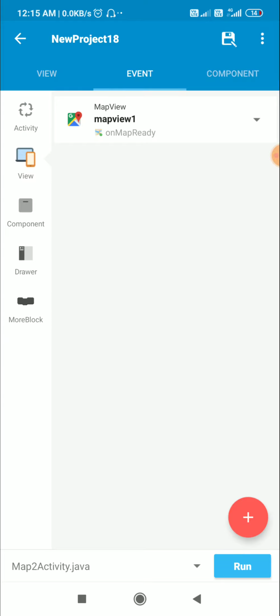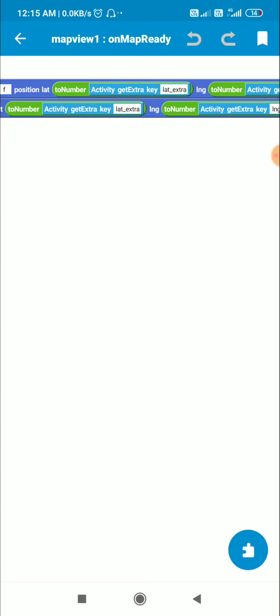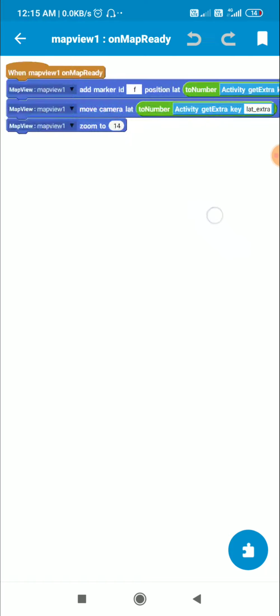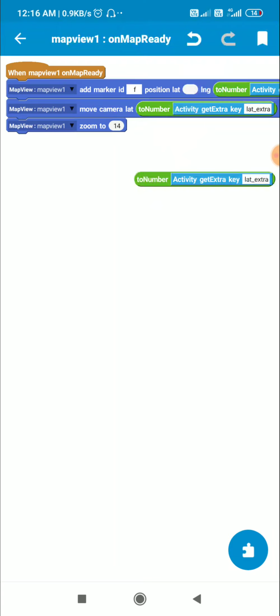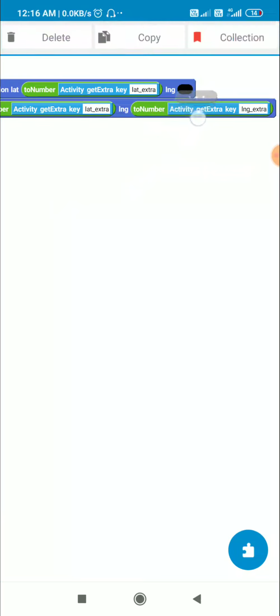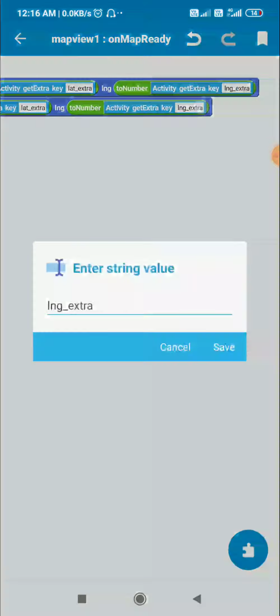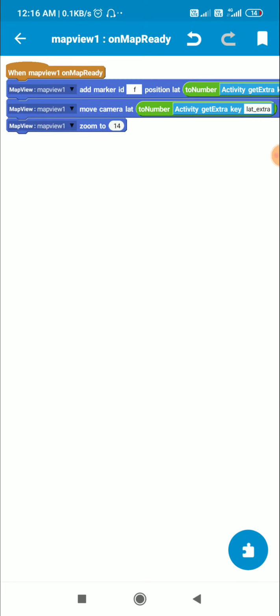And in the event map view 1 on map ready, here I get the extra key lat extra and convert it to number, and I get the extra key lng extra and convert it to number, and I add a marker f with position this lat extra in number form and lng extra in number form, and I move the camera to that position lat extra and lng extra, and then I zoom this map view to 14. You can zoom to more if you want, but I zoom it to 14,